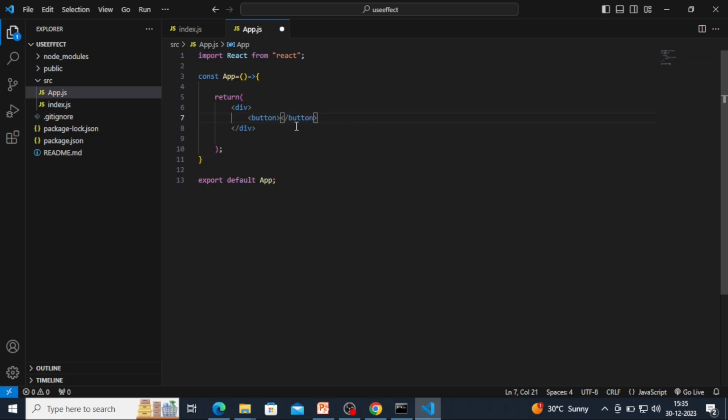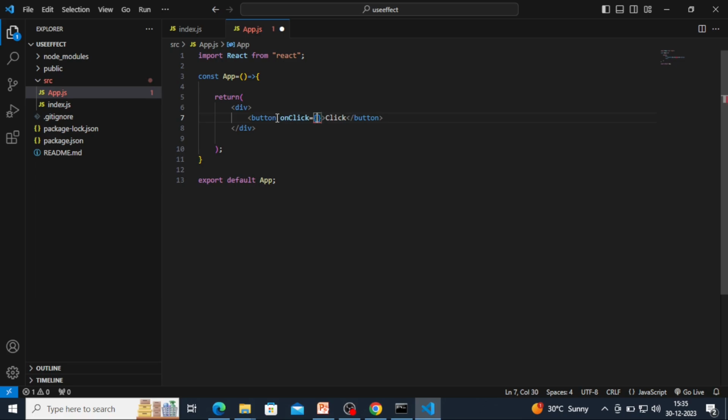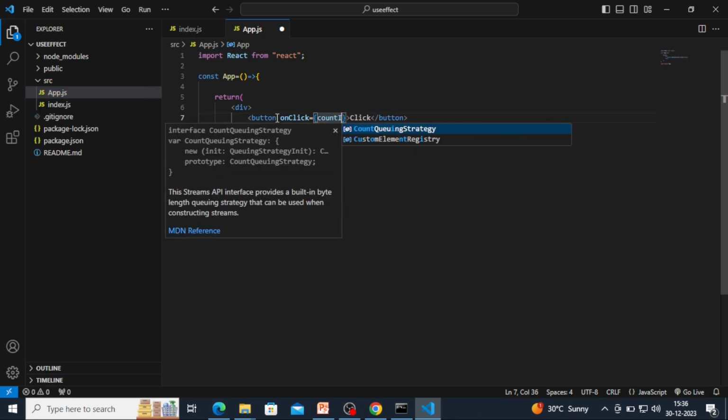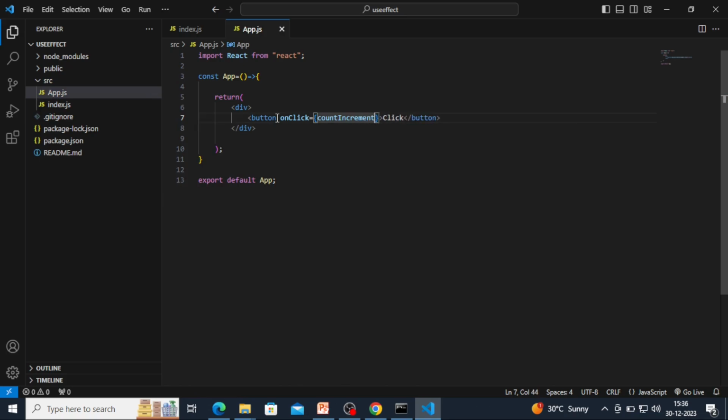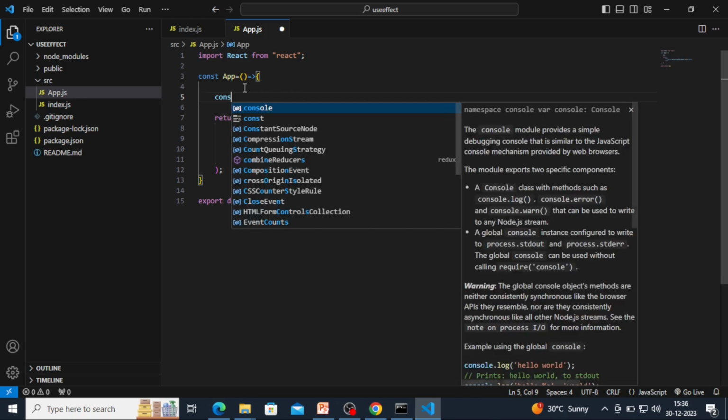Button, I will name it as click. On click of the button, I will call a function, and name the function countIncrement. Save, and let us define this function. Constant,